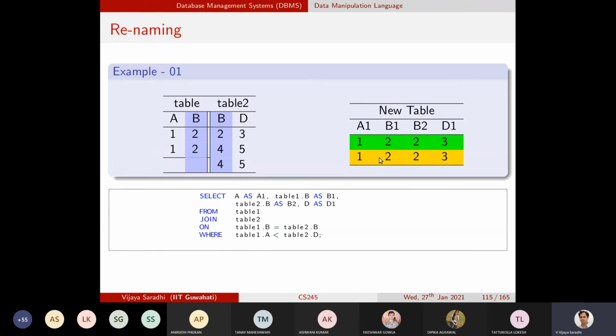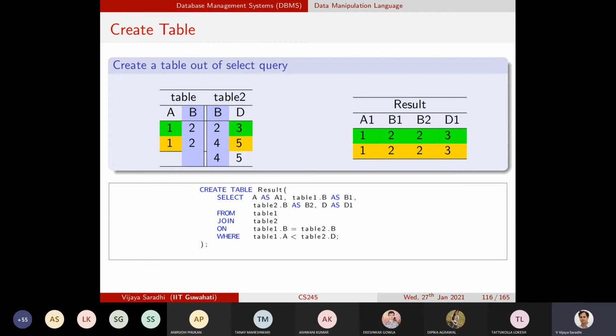But if you want to store the resulting new table back onto the disk, the statement you have to use is the create table statement. We all know about it. The way we do it is that we enclose the select statement inside the create table statement. So we say create table result, where the table's name is result, whose column names are as follows, and whose records are from table 1 and table 2, and all the resulting records will be part of the result table.